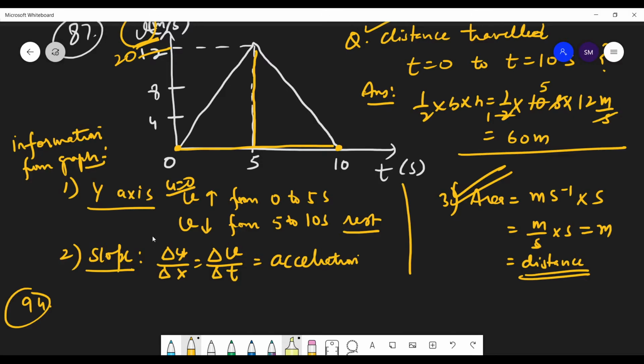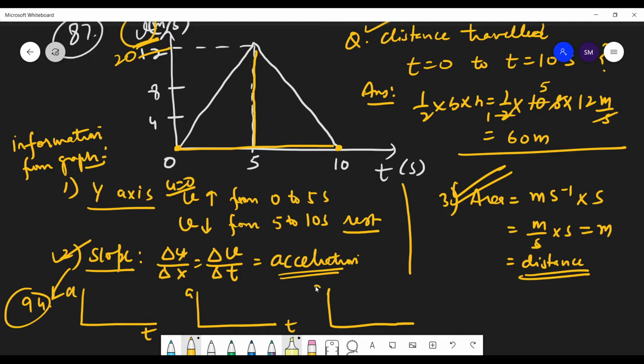So under the velocity time graph, now I am changing this graph to acceleration versus time. We have done this kind of question earlier also. Tell me, here this velocity is the slope. Now comes the slope question, students. In 94 we are dealing with the slope, because we are making acceleration time graphs.